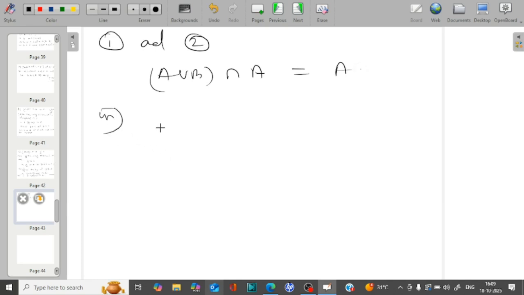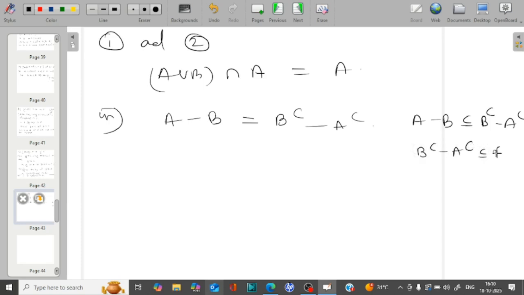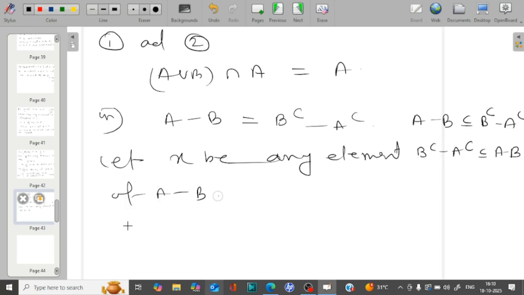Now condition number 3 is A difference B is equal to B complementation difference A complementation, okay. So we have to prove that A difference B is a subset of B complementation difference A complementation, and B complementation minus A complementation is a subset of A difference B. For this, let x be any element of A difference B. So x belongs to A difference B, that implies x belongs to A and x does not belong to B,